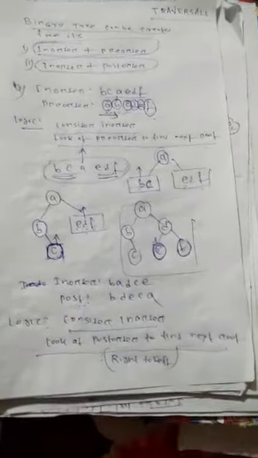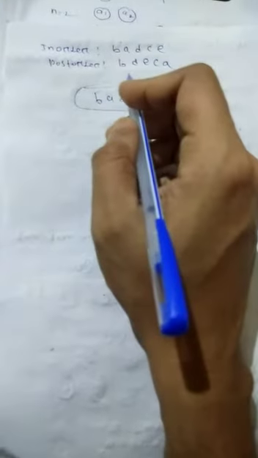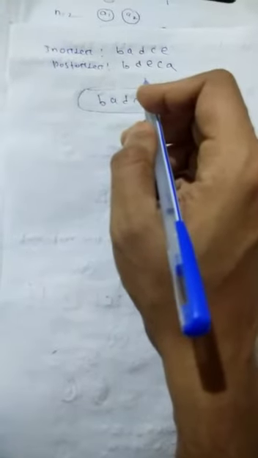This is the logic. The in-order is given, the post-order is given. Then how to construct the tree? This is the question. The in-order and post-order logic is: you have to consider the in-order. We have to consider P, A, D, C, E. This is your in-order. Then look at the post-order to find out the next root, but in post-order we have to follow from right to left.